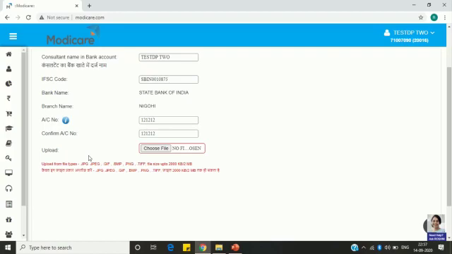Otherwise, there are chances that your NEFT may get rejected. So please ensure the names are matching both in PAN card as well as NEFT details in comparison with the name as given by you in Modicare.